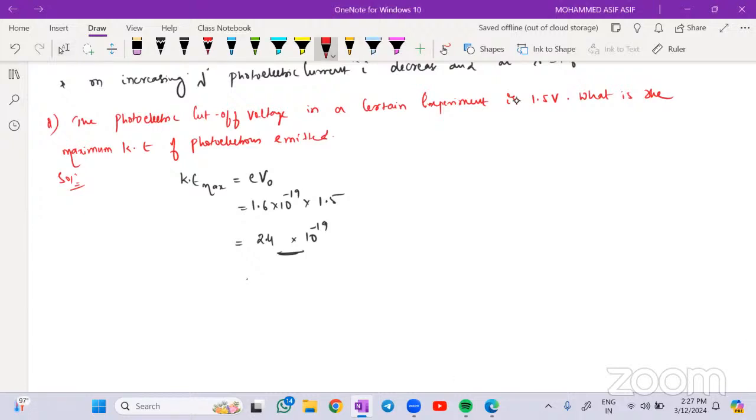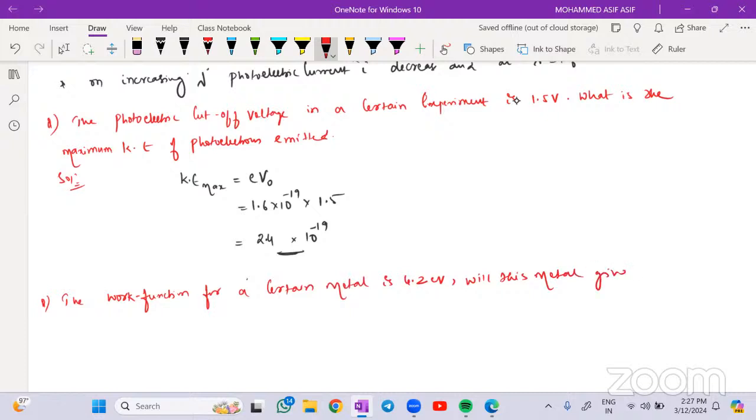Done? Very good. Next question. The work function, take pen and paper and do it quickly. The work function for a certain metal is 4.2 electron volt. The question is, will this metal give photoelectric emission